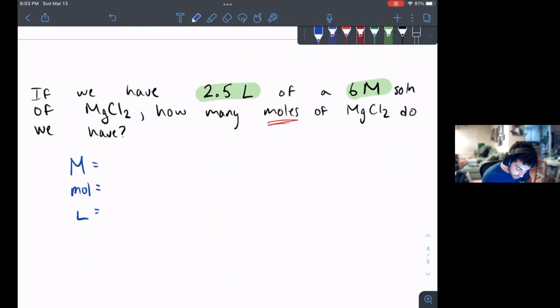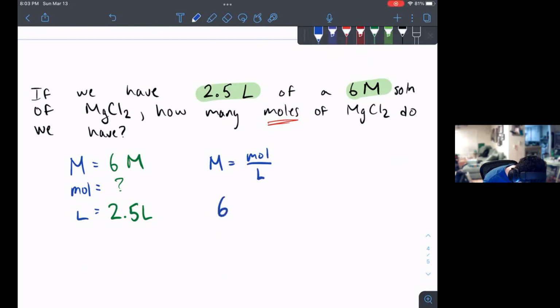So we can do that because we're just going to fill this in. 2.5 for liters, 6 molar for molarity, and we're looking for moles. So I'm going to go ahead and write M equals mole over liter. And I'm going to fill that in with what I know. I know I have 6 molar equals some unknown amount of mole